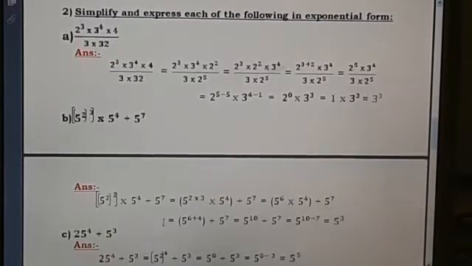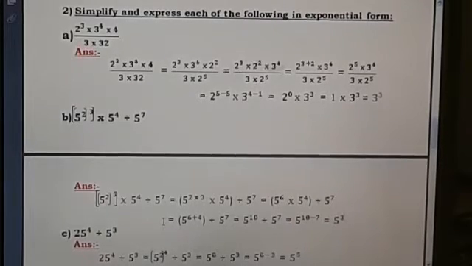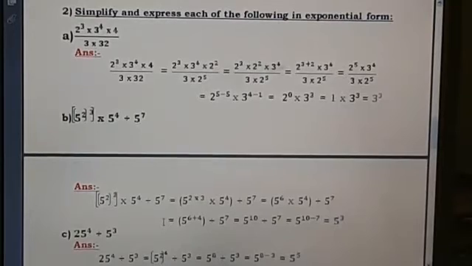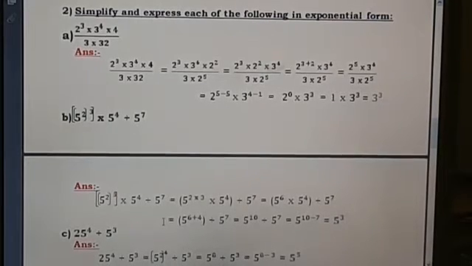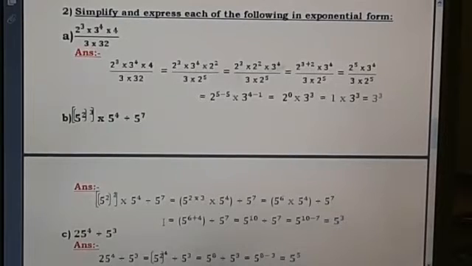In the second law, in division, when bases are same, we can subtract the powers. See the term 2 to the power 5. In the denominator also 2 to the power 5 is there. That we can subtract, so 5 minus 5, 2 to the power 0 will come. I already told you any base to the power 0 becomes 1.